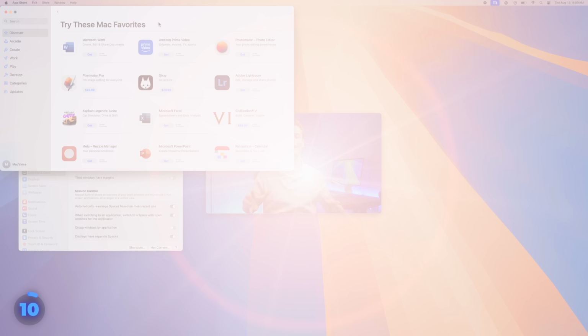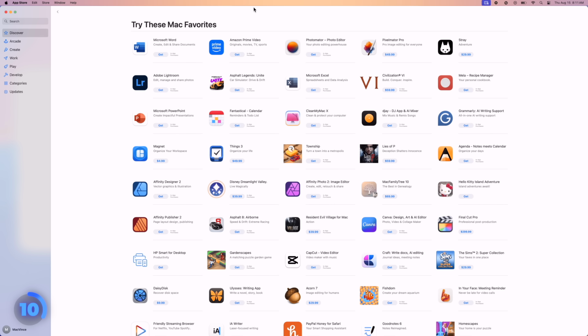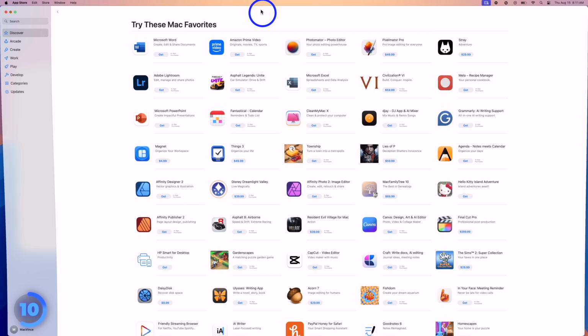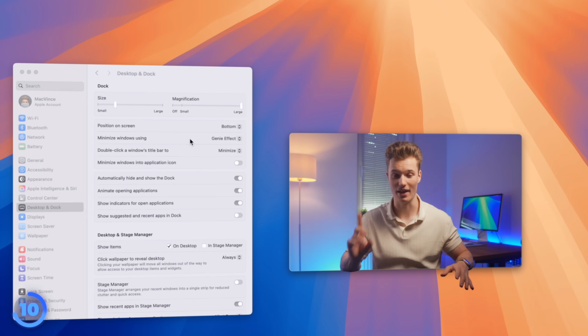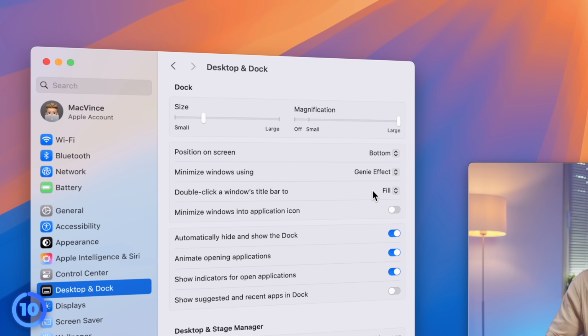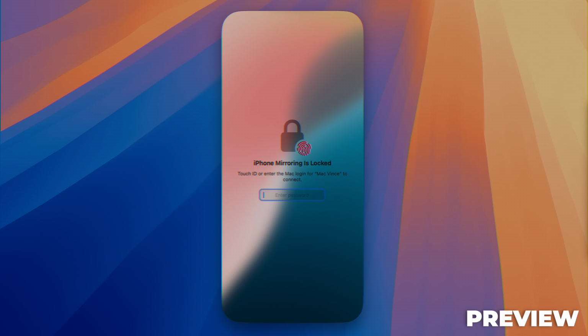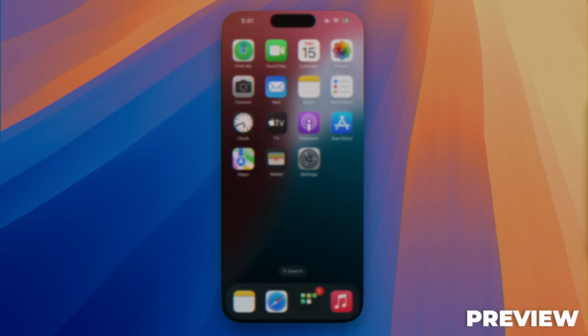Plus, we can finally double-click the title bar to maximize an app just like on Windows. You see, before macOS 15, by default, this minimized a window into the dock. Now, in the desktop and dock settings, we can change that to fill. Neat. And trust me, we'll get to some exciting AI and iPhone mirroring customization in a sec, but before, let's